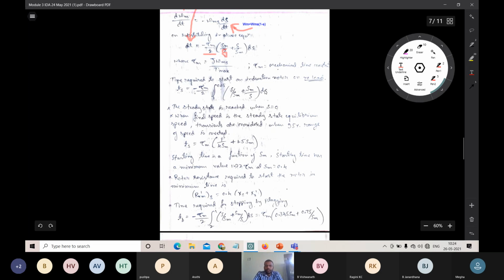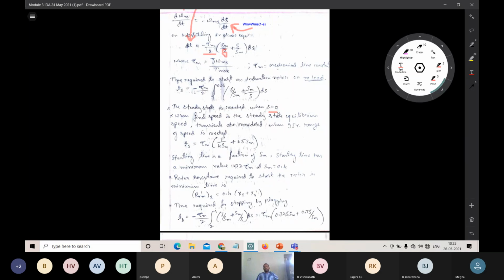So at certain points, after reaching a certain time, the motor shifts to the steady state. So what is the condition of the state, from the transient condition into the steady state condition? The state of the motor is under transient condition, and that will reach the steady state condition when S is equal to 0. So we are just considering S from 1 to 0.05. So when we consider S equal to 0, what happens there?